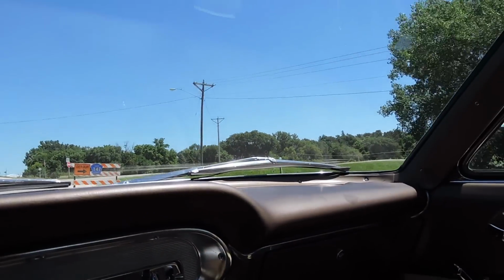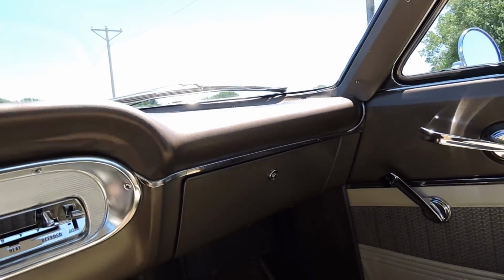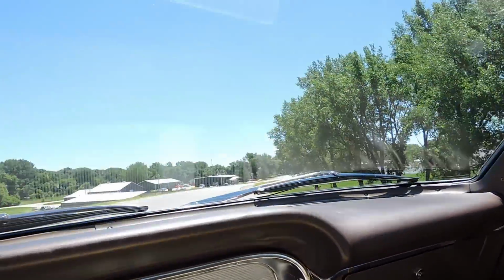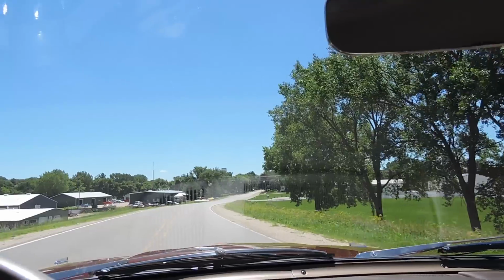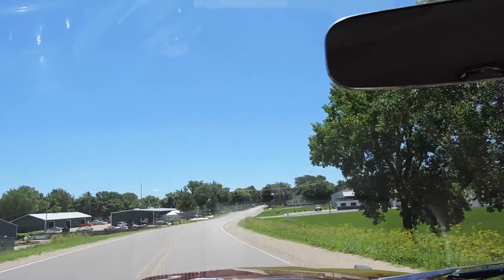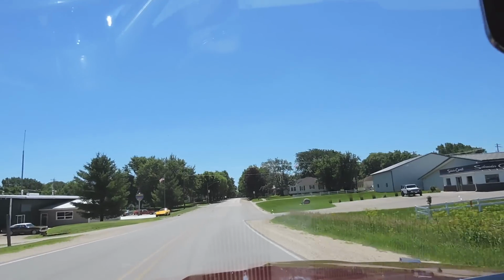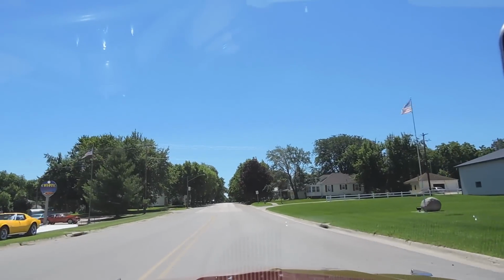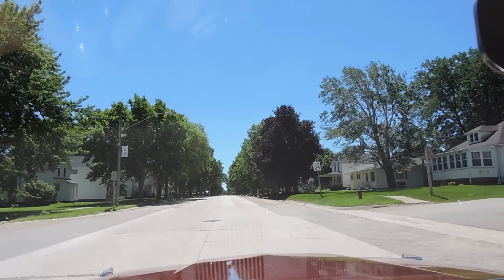We do have a little bit of a, not a vibration, just a little bit of rattle over by the, I think it's what we got in that glove box area there. I think those little parts in there, when I braked hard, it just had a little vibrate, little rattle sound. There's your kick down again. On the first. Really nice old